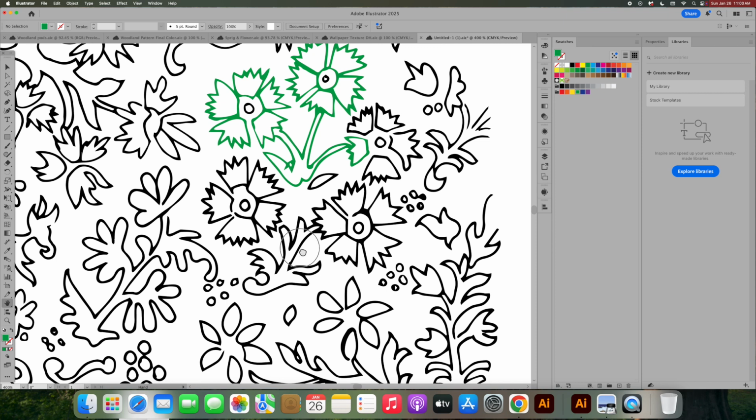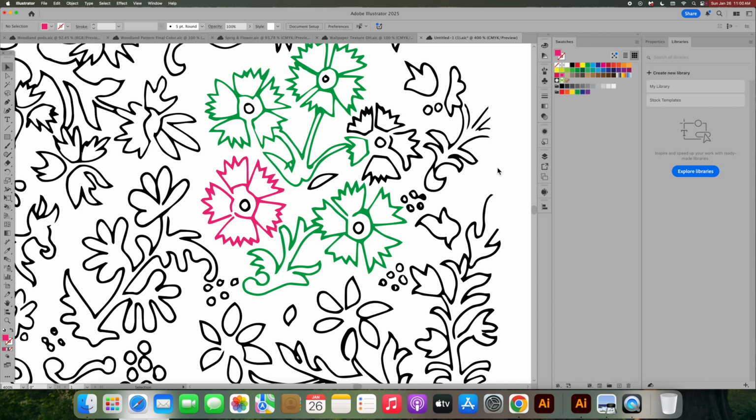So watch what happens. I select this. I just want the stem to be green. I click on the green. Everything turns green. But if you'll notice, this is left alone because it's not attached right here. If I click on this and I want to make it this shade of pink, it's going to make it pink. So when you're drawing your motifs, make sure to leave a little bit of space between pieces that you